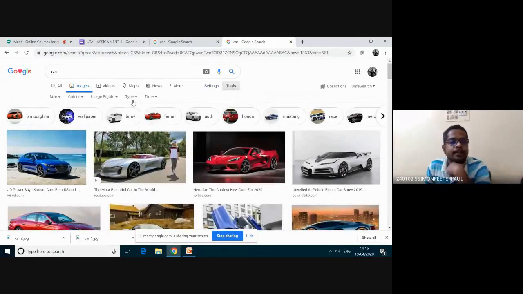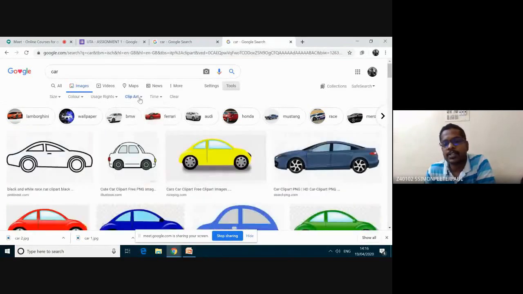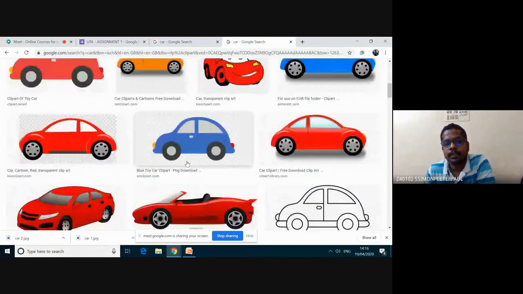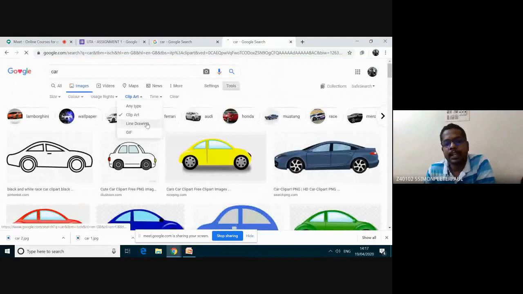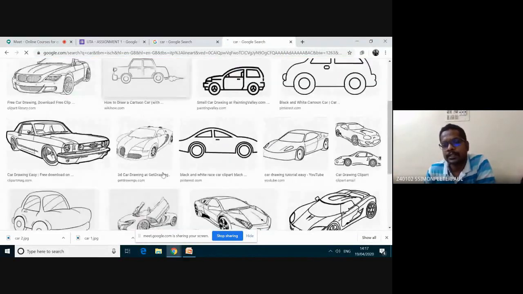And then when you are moving to the third one, this one is type. I'm clicking type. You will be getting different types of images. First one is clip art. Clip art means it's like graphics. It's like cartoonistic. If you need line drawing, you will get images.